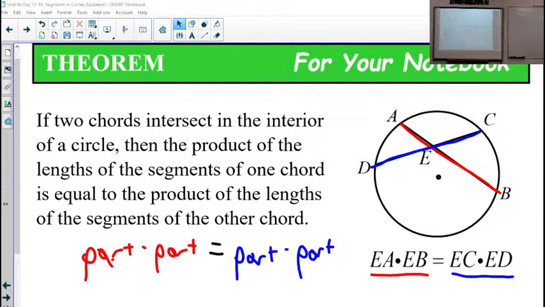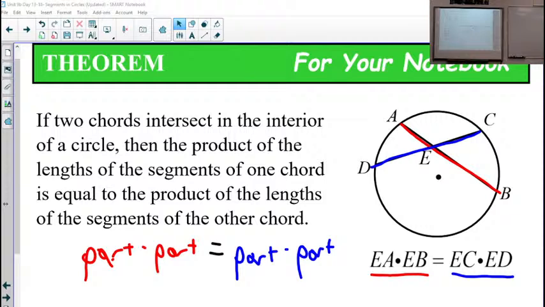If two chords intersect in the interior of the circle, then the product of the lengths of the segments of one chord is equal to the product of the lengths of the segments of the other chord. Product means multiply. So what this is saying is that if I multiply the pieces of these chords together,